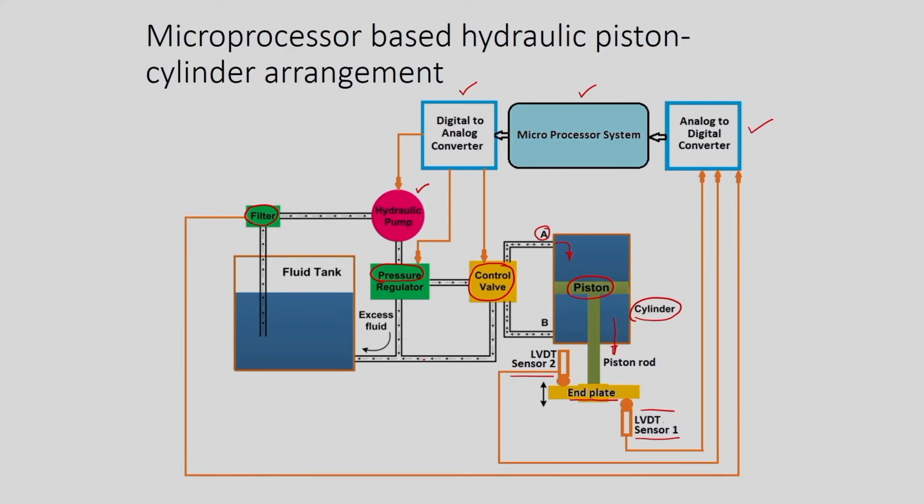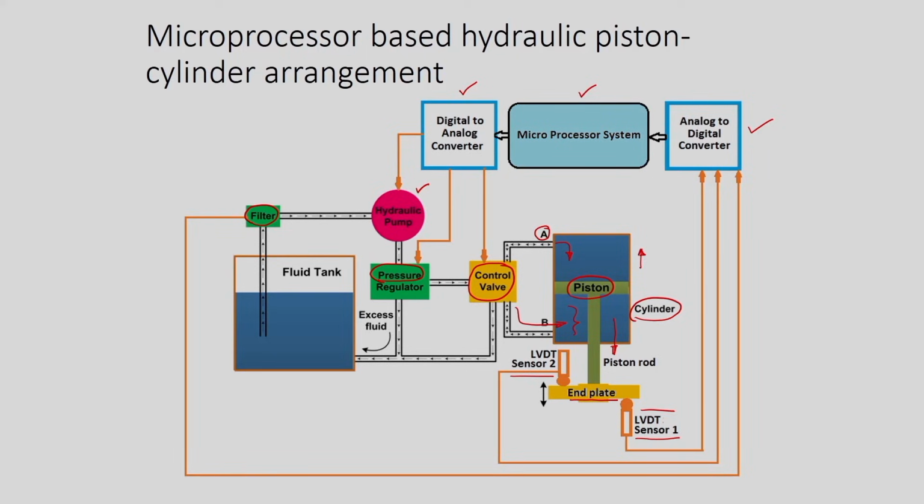To change the direction of the piston movement, for the contraction, the microprocessor may ask the control valve to put the pressure on the other side of the piston. For that purpose, the control valve will be operated by the microprocessor and the pressurized fluid will be given at the other side of the piston. When the pressurized fluid comes in this area, the piston will contract till it achieves its designated position.